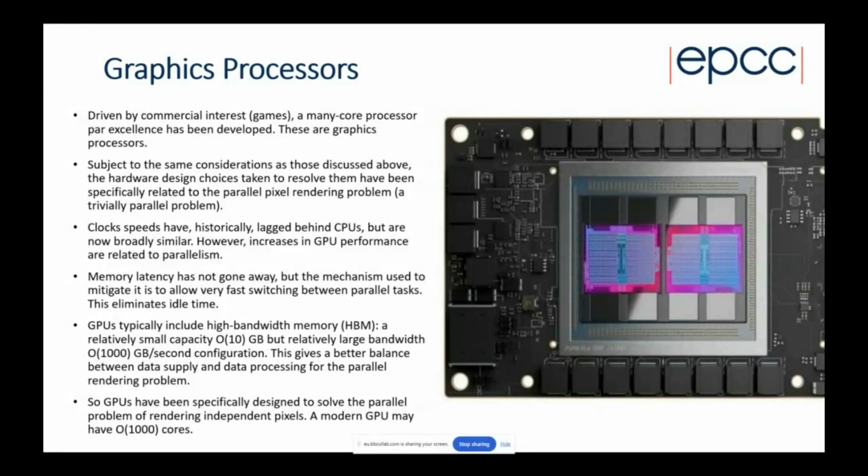Yeah, so memory latency has not gone away. What the difference here is that GPUs have made a decision to address memory latency differently. What you effectively have is latency hiding in GPUs. CPUs try to do latency minimization. So you get a benefit from a GPU when you have a lot to do because you can hide the impact of latency. If I need to go out to memory and get some data, what a GPU will do is it will have enough work to be able to say, well, you've stalled,